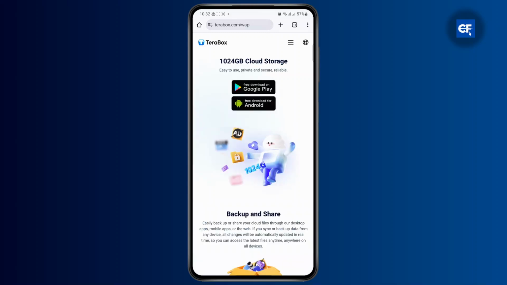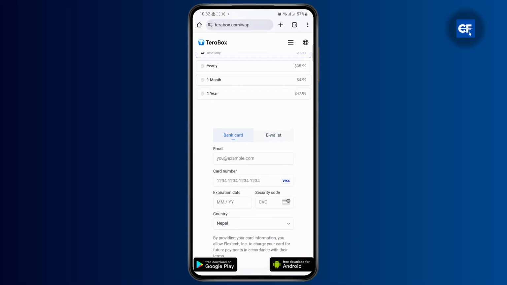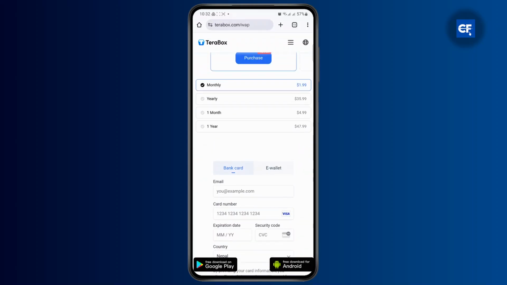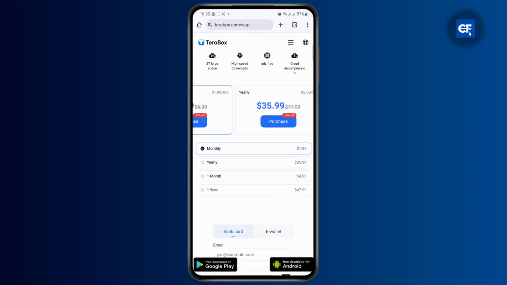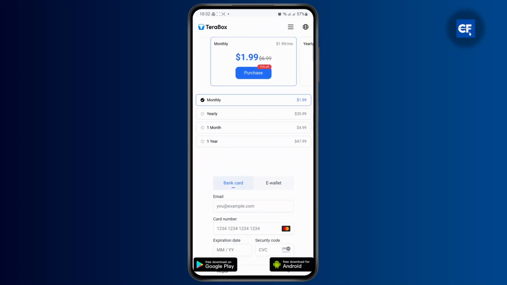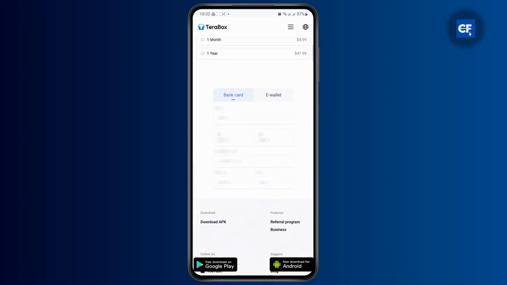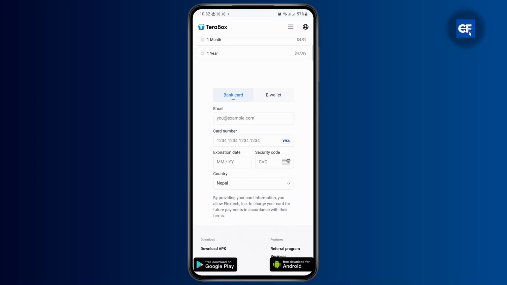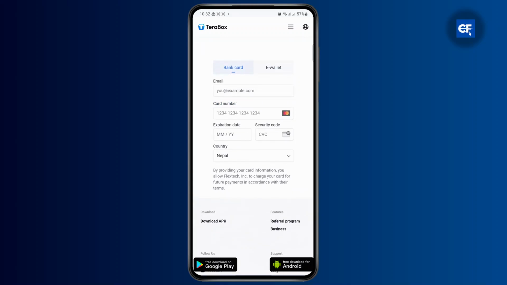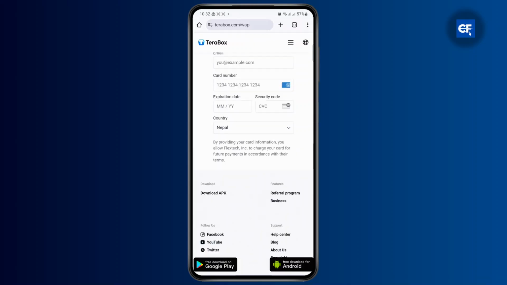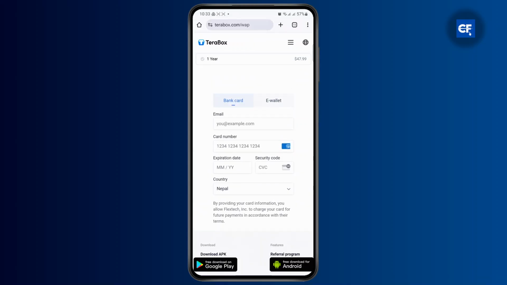Now, once you are logged in, you are just going to have to scroll down and do the same thing. Here, enter your plan that you want to purchase. And then from here, you just need to enter your email address and then your bank details. So enter your email address, your card number, then your expiration date, security CVC code, and then select your country. After you've done that, you can just continue on with the purchase and you should be able to get the